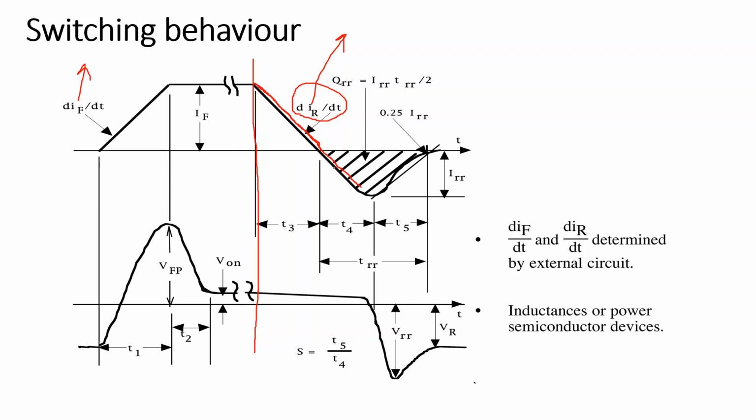Now when this current becomes negative, it becomes very high, known as IRR, the reverse recovery current. This is the highest value of the current in the negative direction. When the charges become low, the inductor cannot keep on holding the current with this rate because the charges have become very low. So current starts to go back to its zero value.